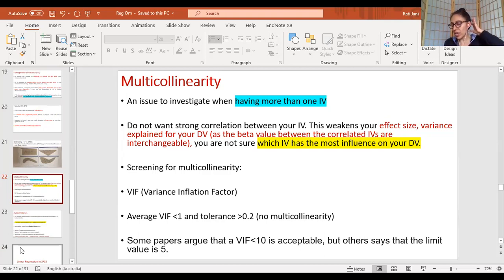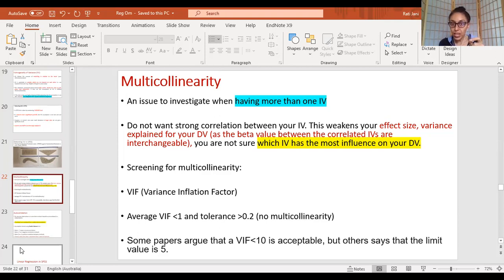It is because when you are doing regression, you have your IVs on this side and your DVs at the bottom. That is how it is reported. After doing regression for like a bajillion years, I've started showing this, my IVs are over here. So don't find it random, but once you start doing regression a lot, you may have your own signalings. So yes, you do not want a strong correlation between your IVs.